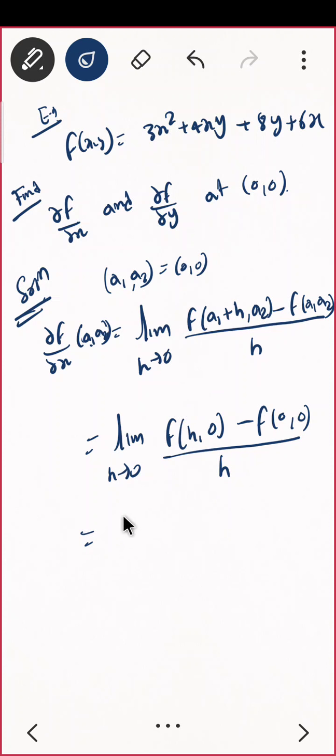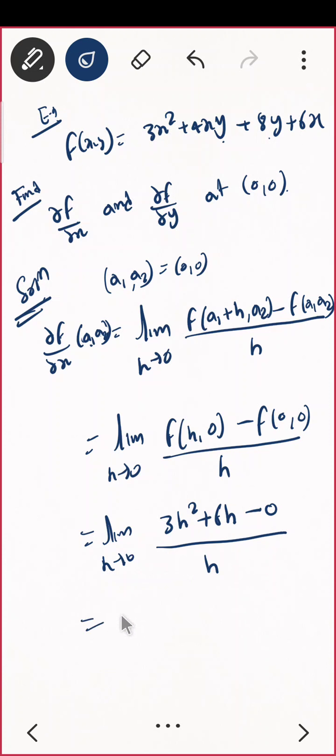What do you mean by that? Now let us solve it quickly. This is limit h tending to 0. What will come here? h comma 0. At the place of x you have to put h, and 0 everywhere else. So what will come here? The y terms are 0, so you'll be remaining with two terms, 3h square plus 6h, minus f of 0 0, which is clearly 0, and divided by h. What do you think the answer is? What is the answer? It will be 6, no? Dividing by h, as h tends to 0 the first term becomes 0, and we will be remaining only with this, that is the answer is 6. Nice.